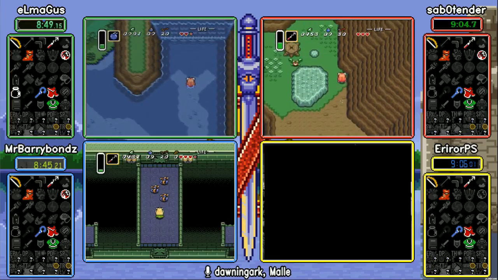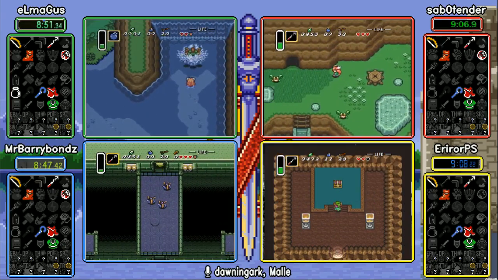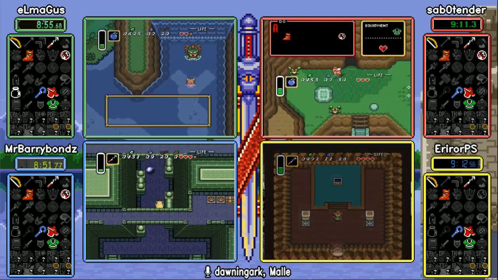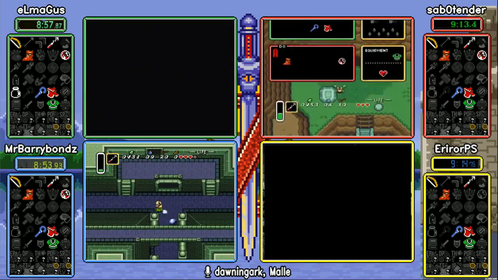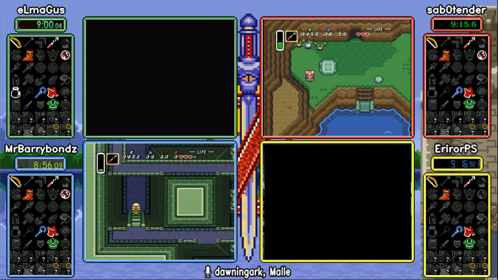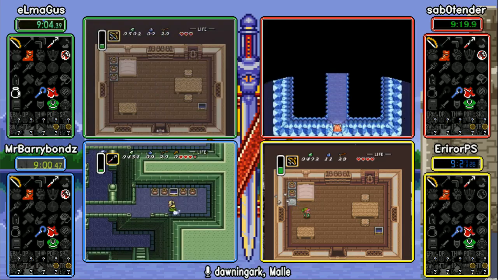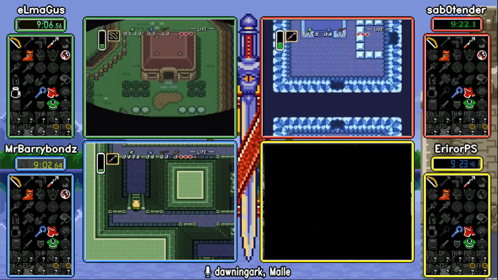And MrBarrybondz making the play into Eastern Palace. The music indicates that it is, in fact, a crystal dungeon, so he's making a good move here. Just a life lesson from Zora. And it makes a lot of sense that Barrybondz would come in here, because you have bow. You technically need lamp, but I mean, it's never...